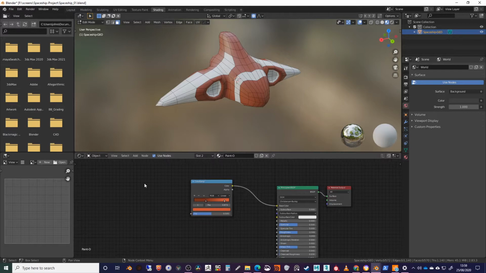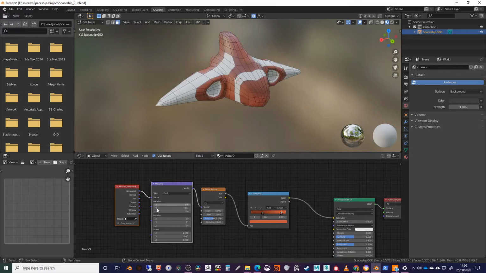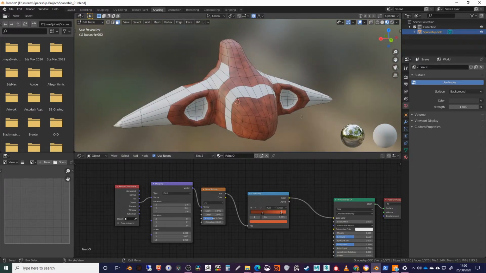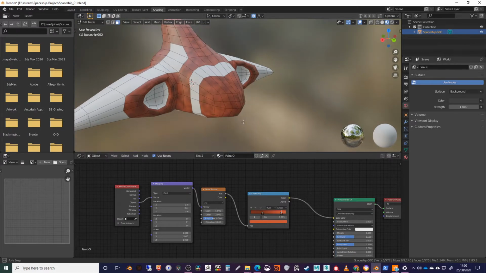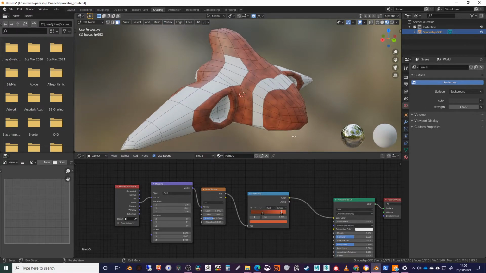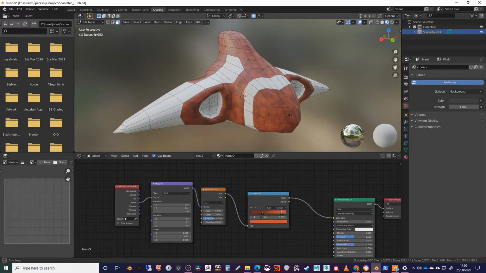There we go. And then if we add a noise texture as the factor, and then on this I've got Node Wrangler attached. So if I go from the object, I can actually generate some interesting patterns. So if we were looking at that original sort of camouflagey type thing, you can see that that's now on there. We've added a little bit more